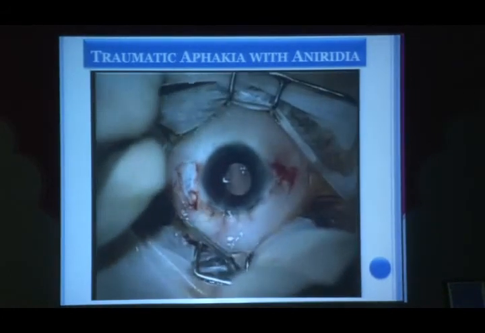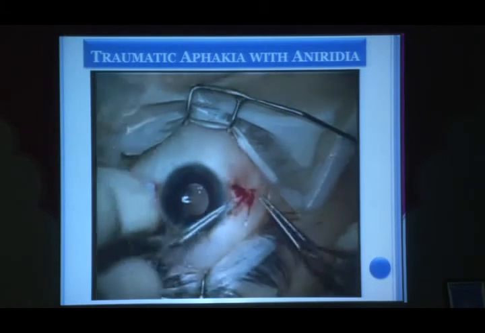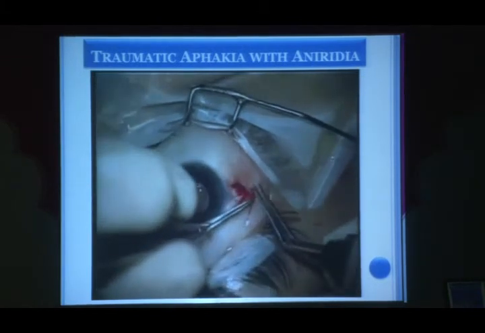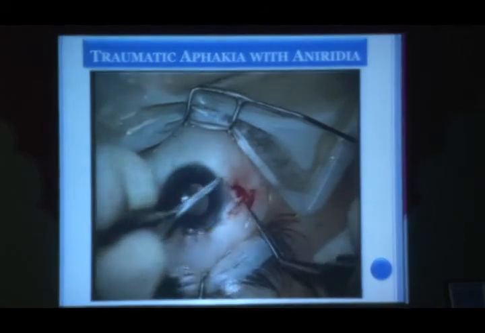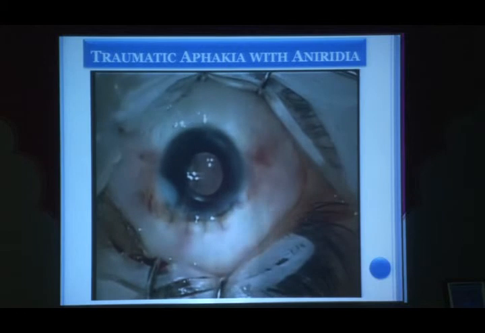Then you place the IOL in its position, and put one knot on both sides to titrate the centration of the IOL, because there is always a tendency to pull the IOL too much. So one knot is tied, and once you are absolutely sure that the lens is well centered, then you tie multiple knots, and this is the position of the IOL, an aniridia IOL wherein there was no iris and aphakia